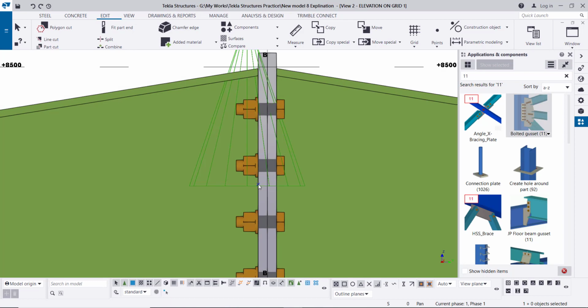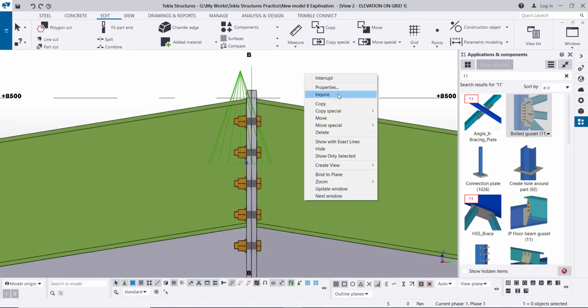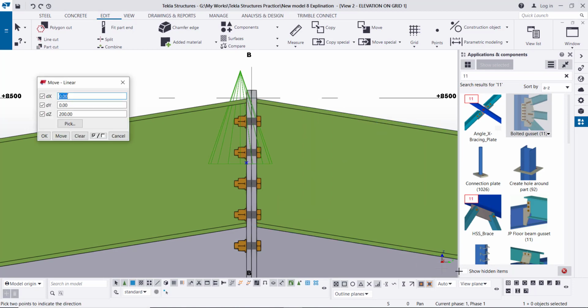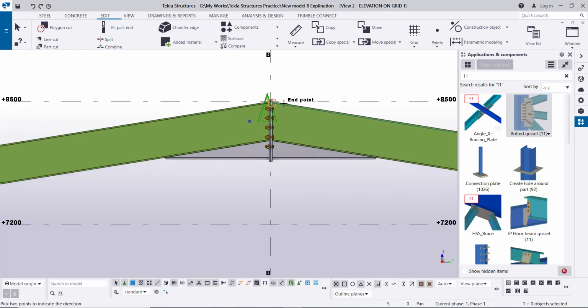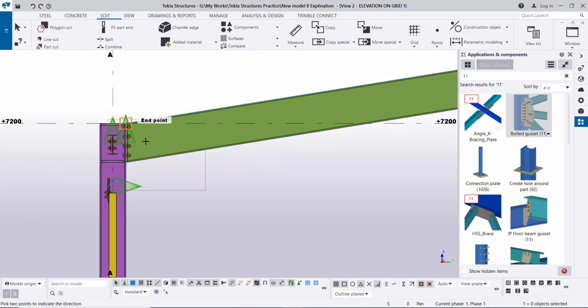Okay, then again move this point linear in the Y direction. We will move this point linear in the Y direction, minus 200, move, and the other side also